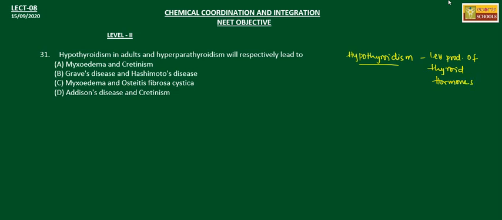Less production of thyroid hormones causes a condition called myxoedema. This myxoedema is caused because of hypothyroidism, and it has some symptoms like low body temperature,